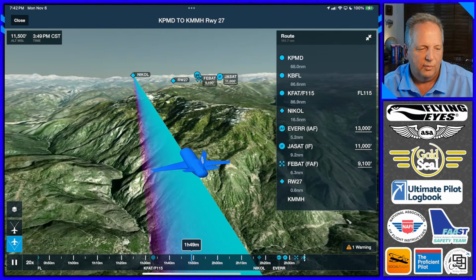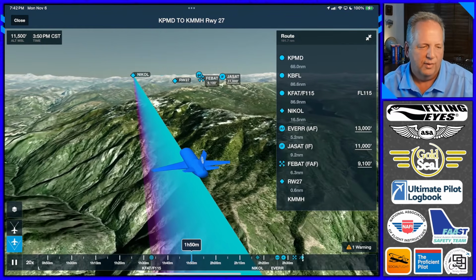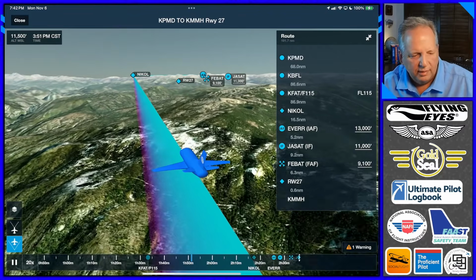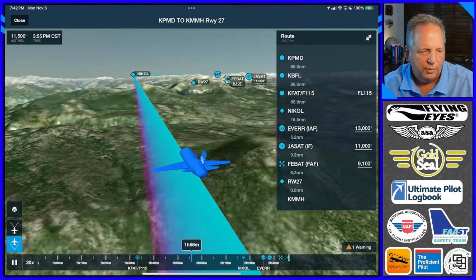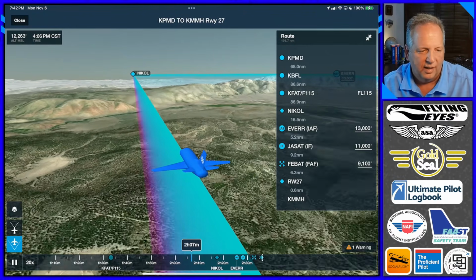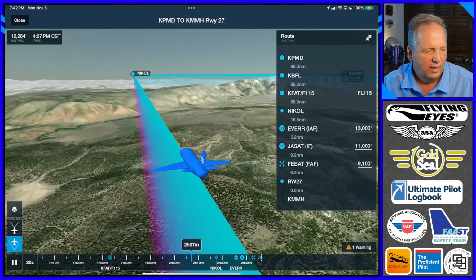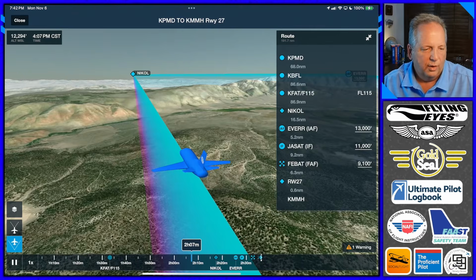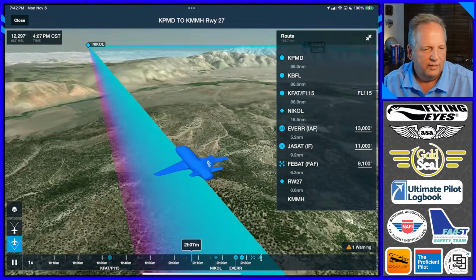And maybe at this point we'd want to turn left and follow this valley where the river is along the way. But just know that you can use this to preview this arrival and what it looks like into the terrain. And here's that valley. When we get here, we can change it to 1 speed. You can look around here and see, well, this valley looks pretty good.